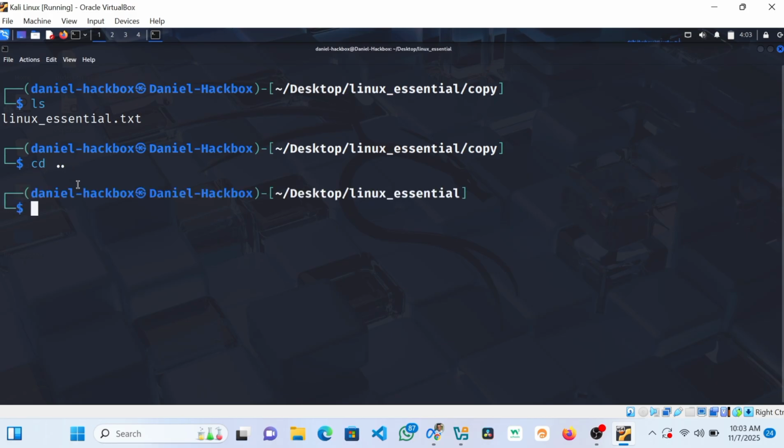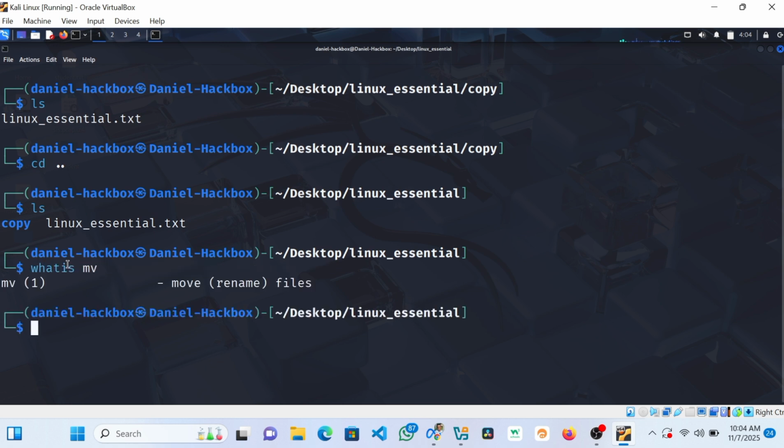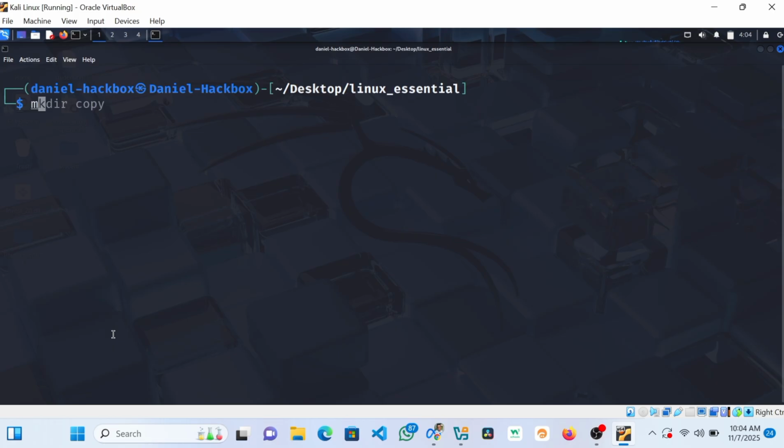cd .. will take you back one step backward in the directory. Okay, so ls. If I want to rename this file or I want to move it, I use mv. So what is mv? mv is used to move or rename a file. So anything that has to do with moving, use mv. mv, the name of the file, linux.txt. Then I'm renaming it as,